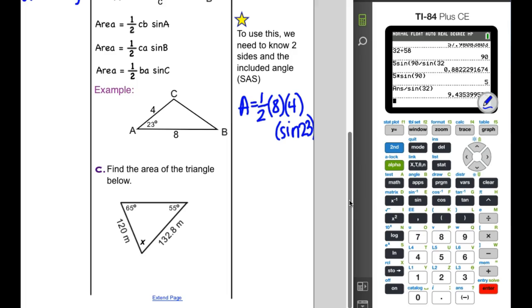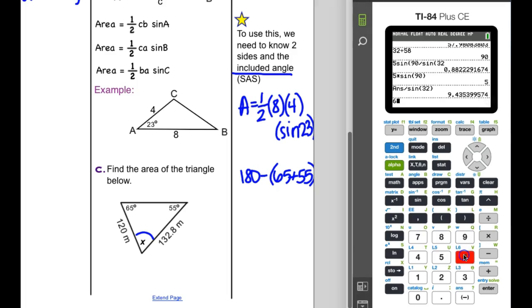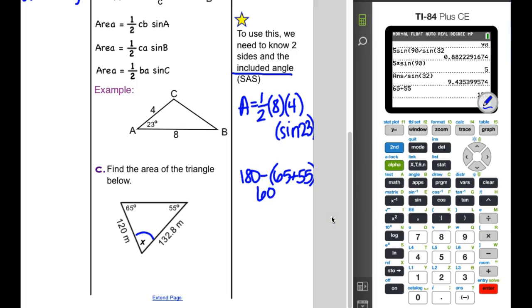Here, for this problem, the one thing we need to remember is it needs to be the included angle, and that is this angle here. So before we can actually find the area, we need to go ahead and take 180 minus the sum of 65 plus 55. So if we come over to the calculator, 65 plus 55 gives us 120. 180 minus 120 is 60. So this is 60 degrees. So our area